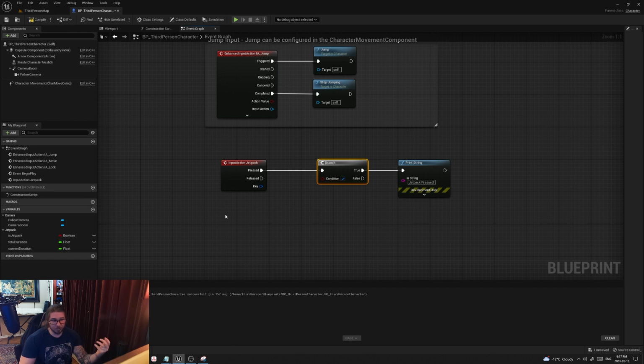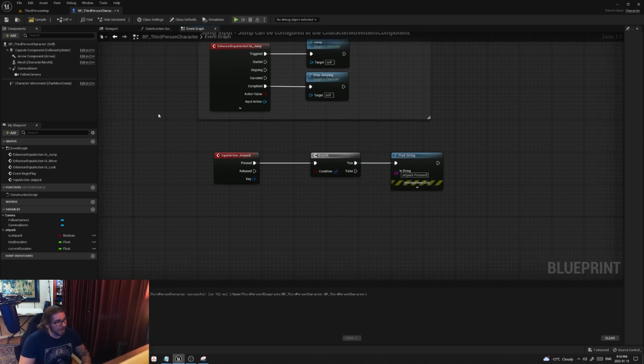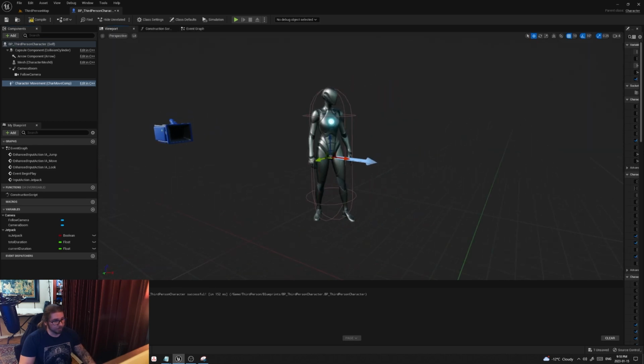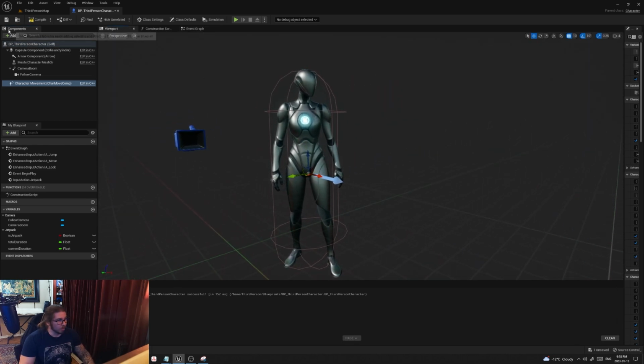And the logic that I need is, am I in the air or am I on the ground? Because I should only be able to Jetpack if I've already jumped once, or if I've fallen off of like a cliff, for example. Luckily, Unreal has a very handy component. Over here, you'll see under the Components tab, and components are basically building blocks of a blueprint. So in our character's case, if I go to the viewport, you'll see in the Components tab,